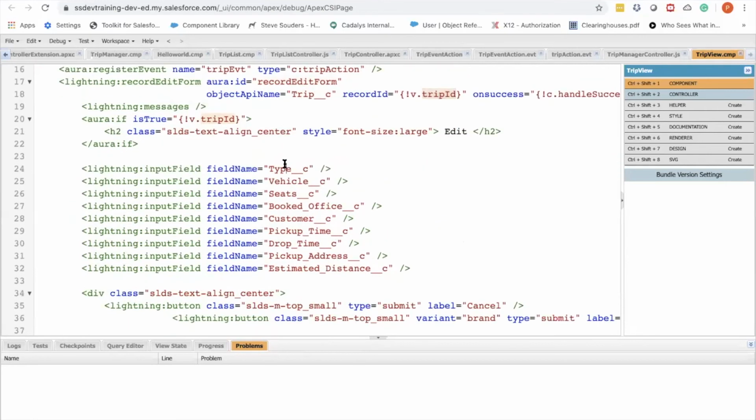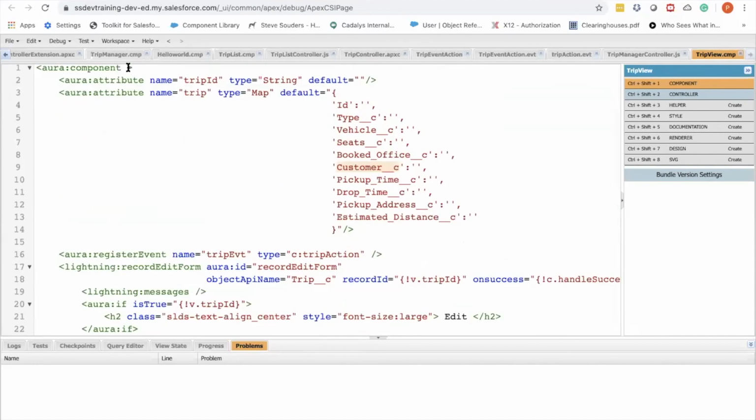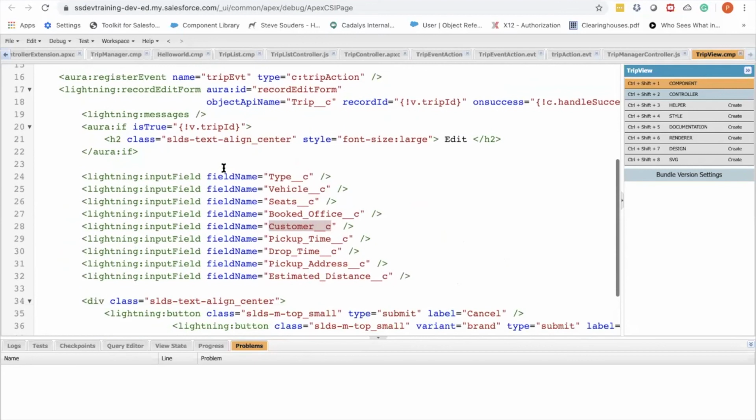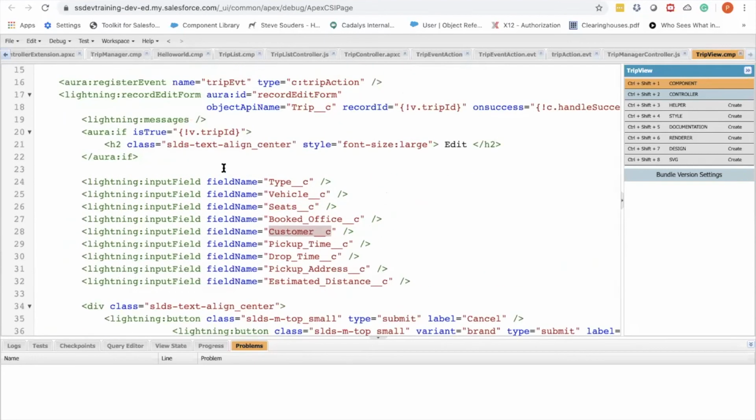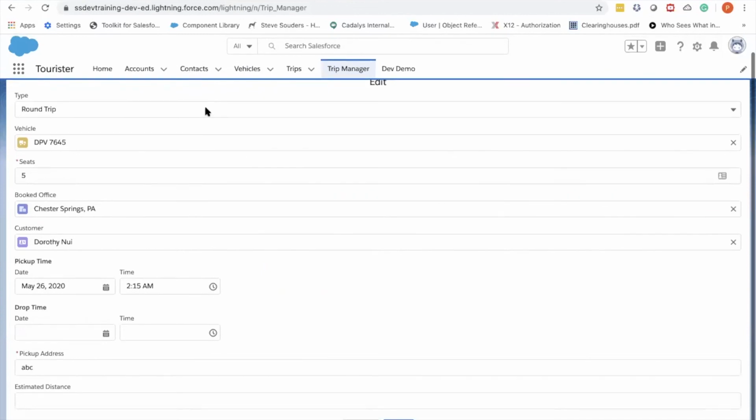It would query all these fields: trip, vehicle, seat, without writing a single line of Apex code. Through its own data service, based on the ID that is passed and the object name that is given, it can query all the fields specified here and render them like this.